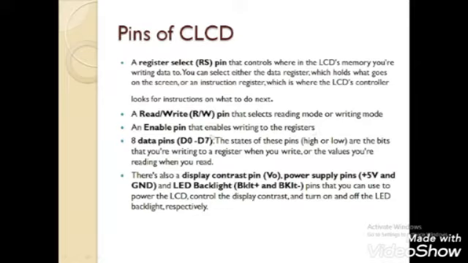An enable pin enables writing to registers. There are 8 data pins D0 to D7. The states of these pins, high or low, are the bits that you are writing to a register when you write, or the values you are reading when you read. There are also display contrast pins, power supply pins, and LED backlight pins.